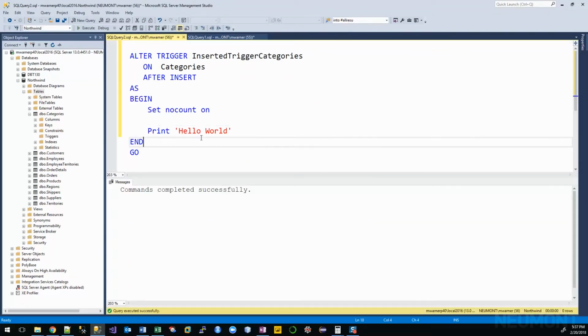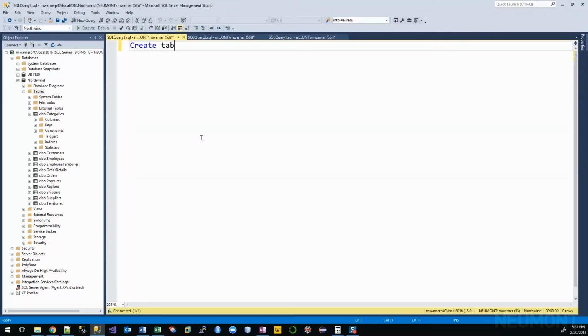I just script this. Create table category log, log ID as an int, identity,